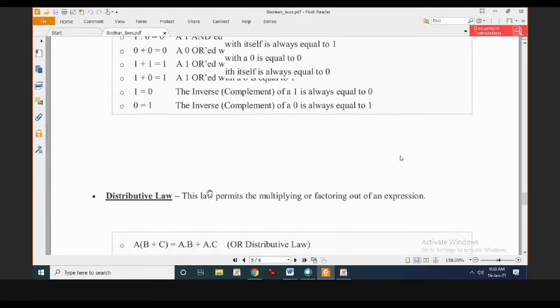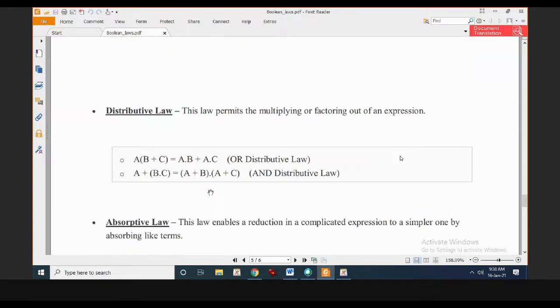Okay, now there are few laws that we need to look at. It is called the distributive law. So let's take the three input case. A is my first input, B second, C is my third input. So A into bracket B or C. It is basically AND of A and the OR of B and C, and that output is ANDed with A. So it comes out to be A and B, or A and C. So this is called the distributive law.